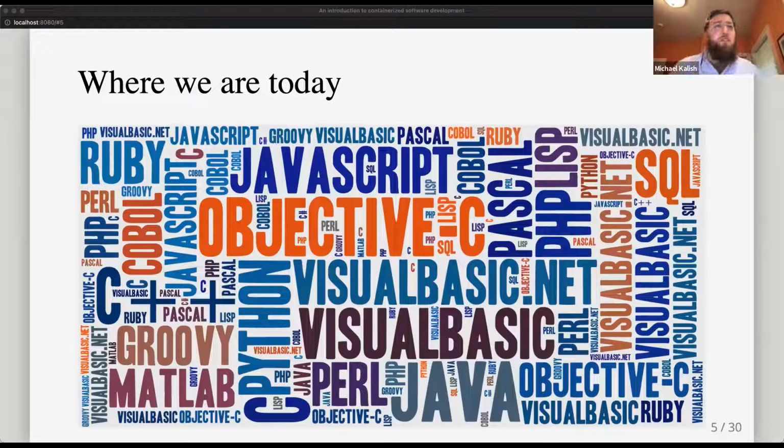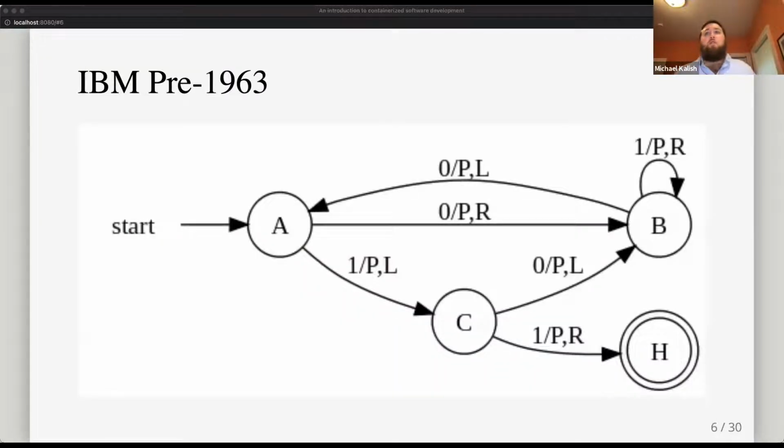And so this is where we are today, and in many ways is one of the problems that Docker was aiming to tackle and fix. So that's where we are. So let's wind back the clock and go all the way back to when computers were first starting. So when computers were becoming a thing, this is pre-1963,